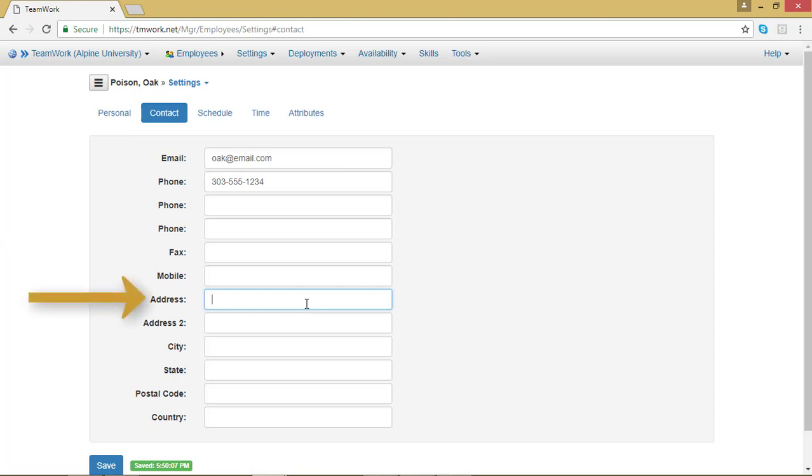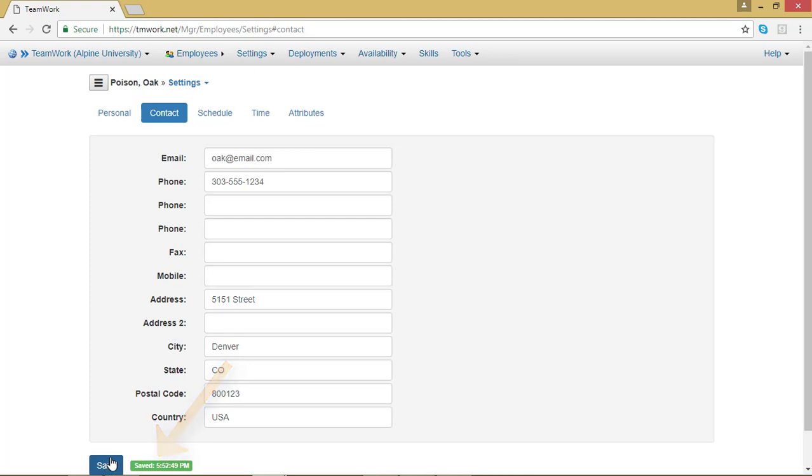I'm going to skip that and go right to the address box. Let's say they live at 5151 Street. If I needed to enter an apartment number or something, I could do that in address too. I'm going to go straight to city and say Denver. Then I will give them the state and the postal code. And finally, the country. If I like these changes, again, I can hit this blue Save button. And now that information has been saved, and the green save bar has changed to let me know when this